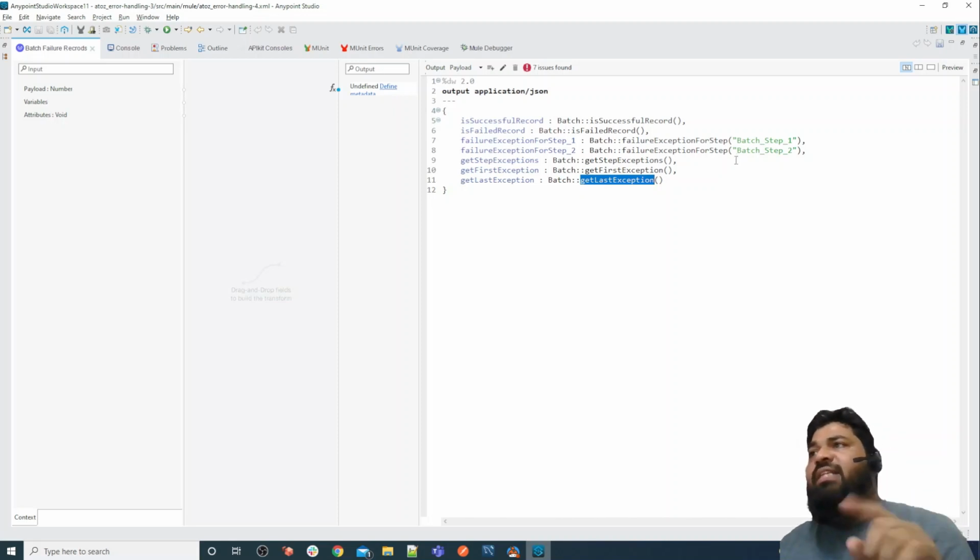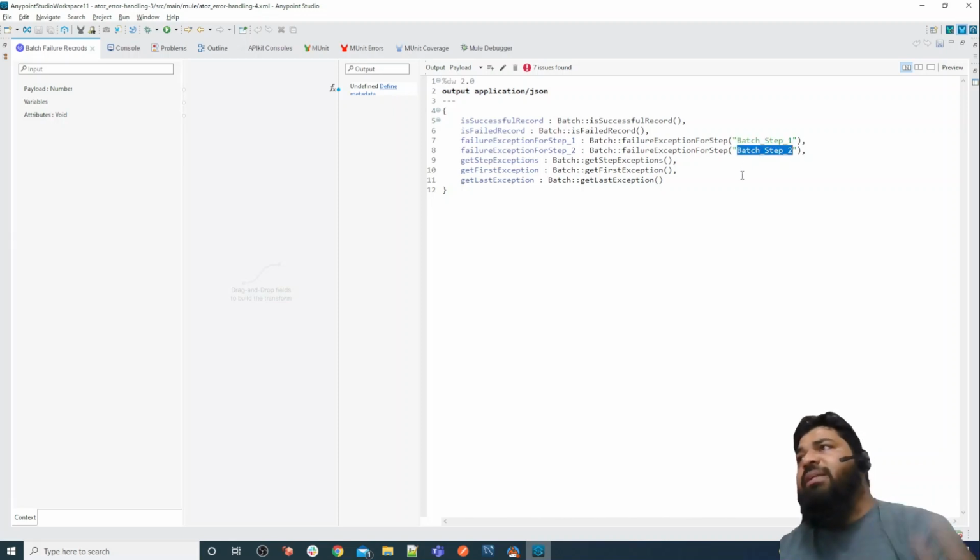So our record number second failed at step number 1 and step number 2. For the first exception we're getting the error root cause for step number 1, and for the last exception we're getting that record number 2 failed at step number 2. If a particular record fails at multiple steps, we can get that: if this record failed in step number 1, then why, or if it failed at step number 2, then why.